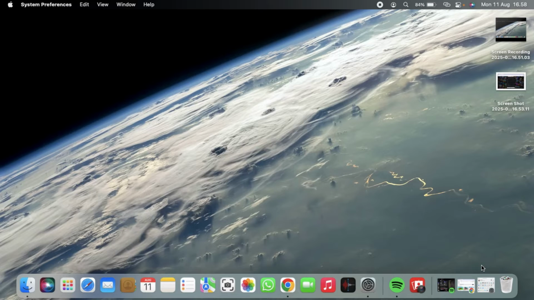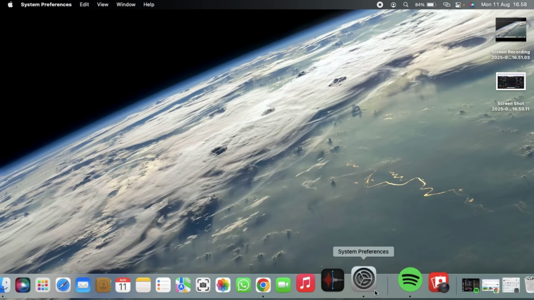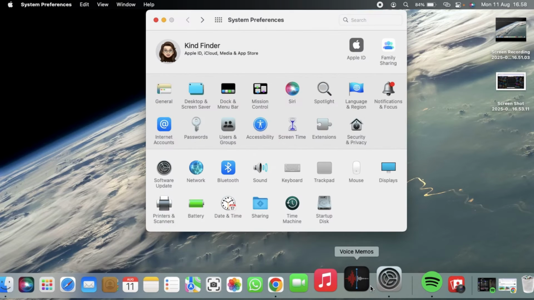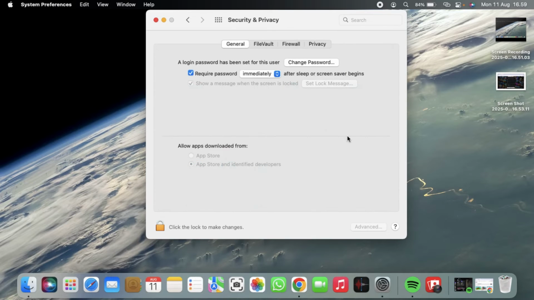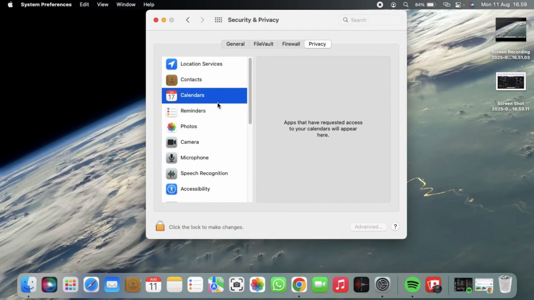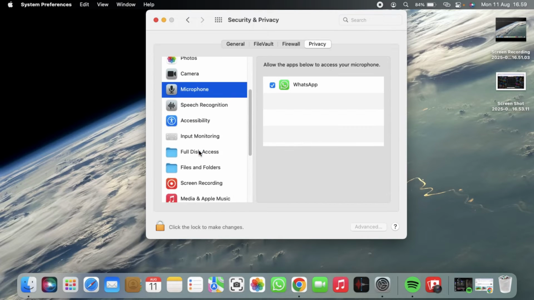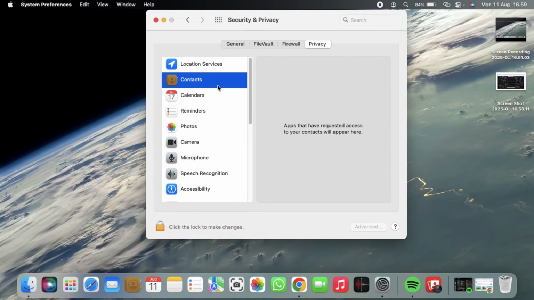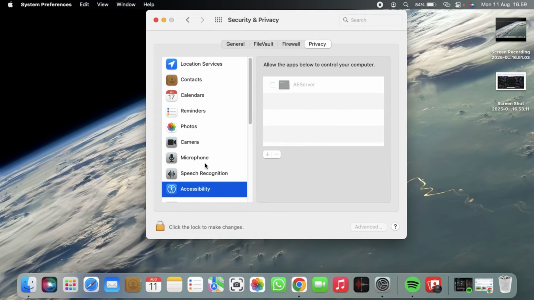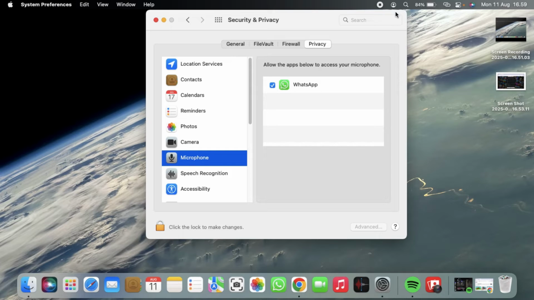So first, you can check your privacy settings on your MacBook. You can open the System Preferences. After that, you can go to Security and Privacy. From here, you can go to Privacy. You can check the apps that are allowed to use the microphone. As you can see in here,